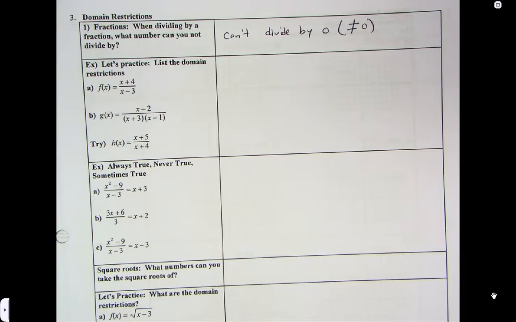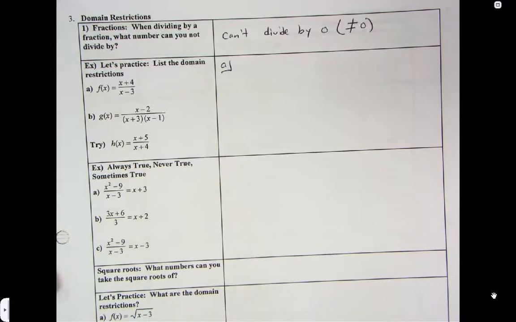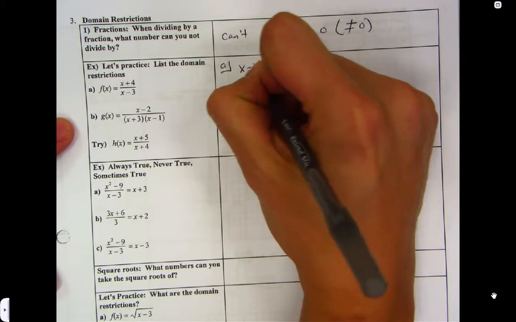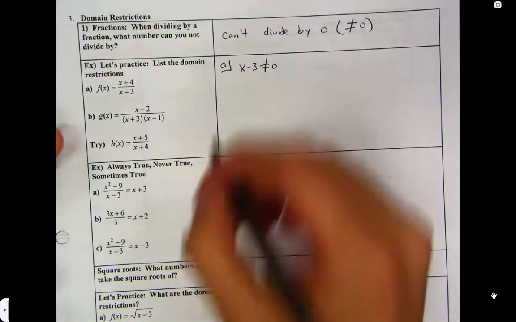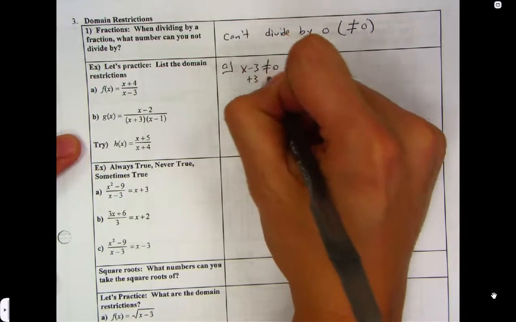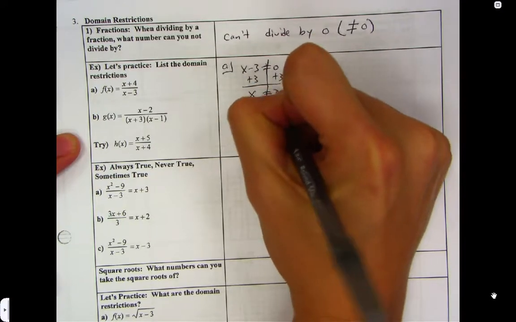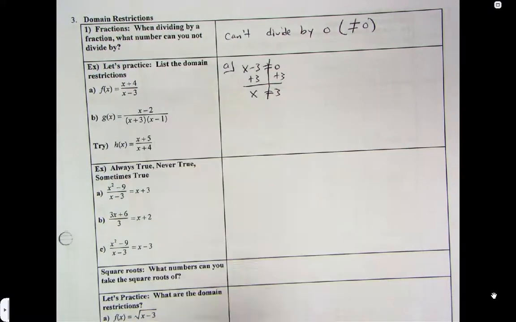Domain means x, so since this is a fraction for A, I'm going to take whatever's on the bottom, and I can't divide by 0. So the factor on the bottom is x minus 3. I'm going to put it not equal to 0. So solve this, add 3 on both sides. x cannot equal 3. So my domain restrictions means all the values of x except 3, because if I put 3 in here, you're dividing by 0, because 3